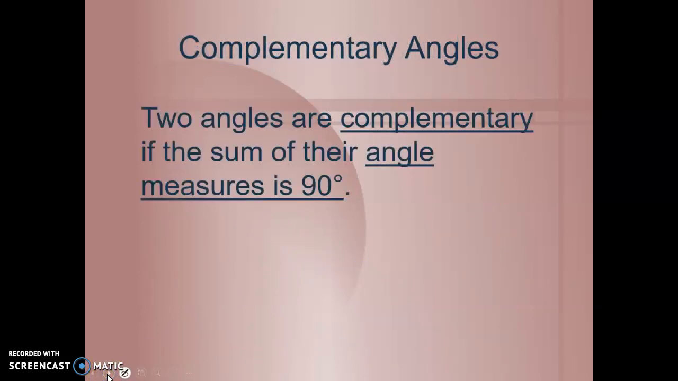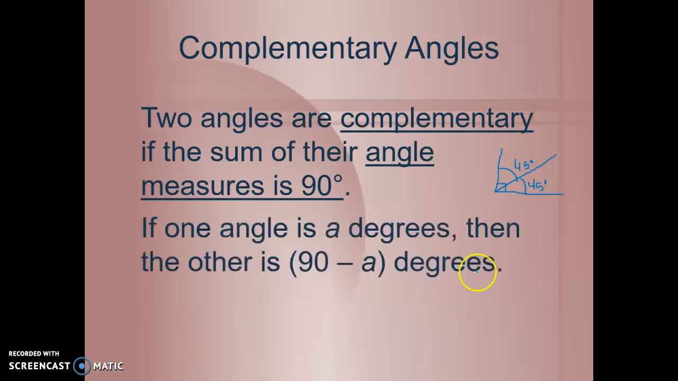A complementary angle, as a review: 2 angles are complementary if the sum of their angle measures is 90. So this is a 90-degree angle, more or less. It's not a very good picture. And if I have 2 angles, and they form a 90-degree angle, then they are what we call complementary. In this case, I drew a 45 and 45. We could have 60 and 30. We could have 70 and 20. We could have an endless amount of complementary angles. If one angle is A degrees, then the other angle can be